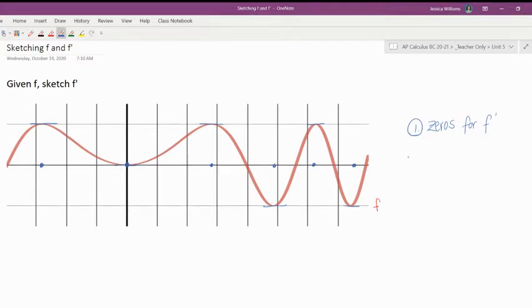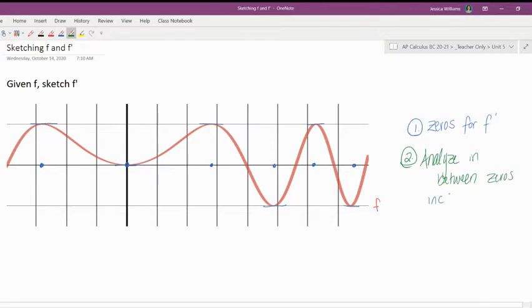Okay, and then you're going to go in between and analyze the regions. Analyze in between zeros, and all you have to look at is for increasing and decreasing. So remembering all of your vocab from last week, if f prime is positive, then f is increasing. So the fact that f is increasing right here means that the graph we sketch needs to be positive, needs to be above the x-axis. How far above the x-axis? I don't know. Doesn't much matter